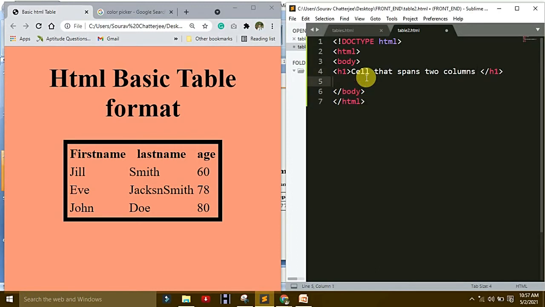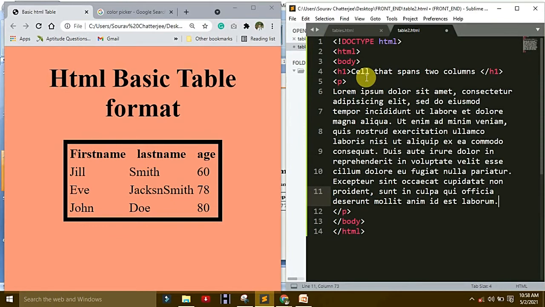That's why I make an H1. Then make a paragraph. For this paragraph I use lorem ipsum. Then after that I will make the table.